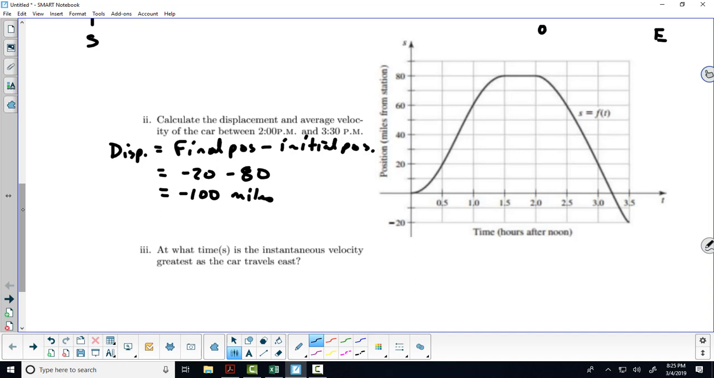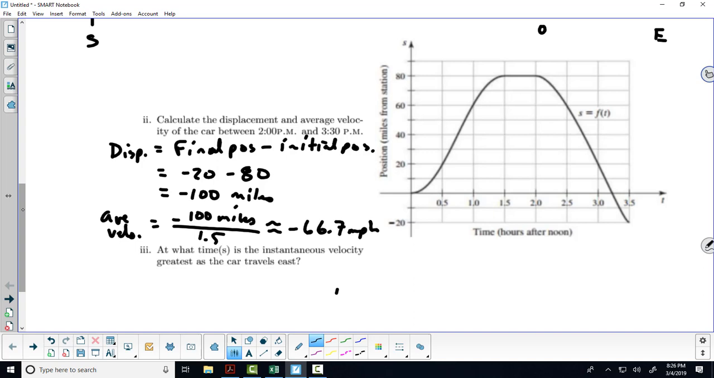What does that minus mean? It means we were displaced to the left of where we started. We didn't drive -100 miles. Our distance that we traveled wasn't -100 miles, but our displacement is -100. Our average velocity would be that -100 miles over the length of time it took to do that, which was 1.5 hours. So our average velocity was approximately -66.7